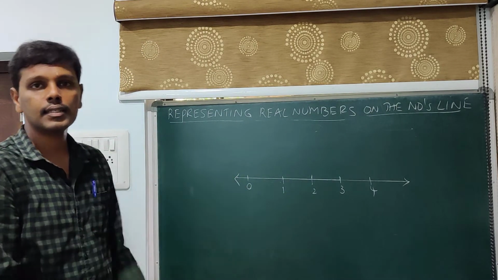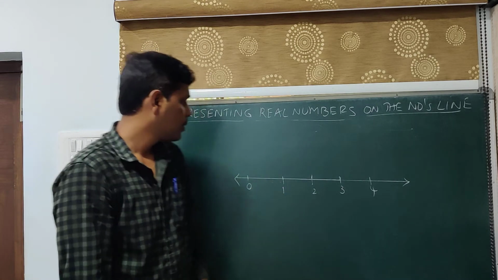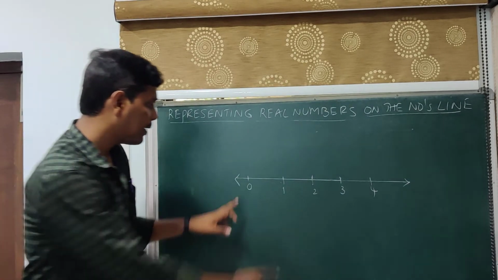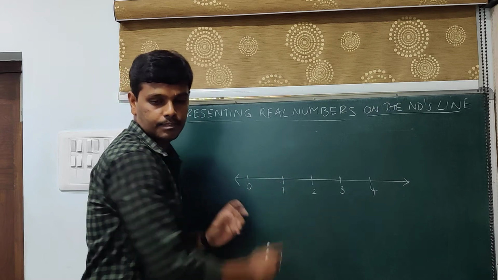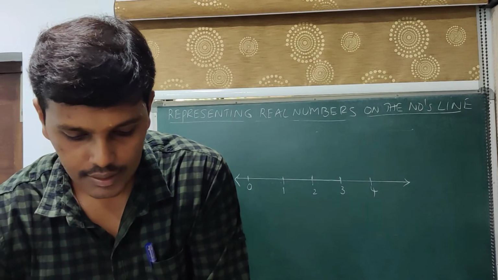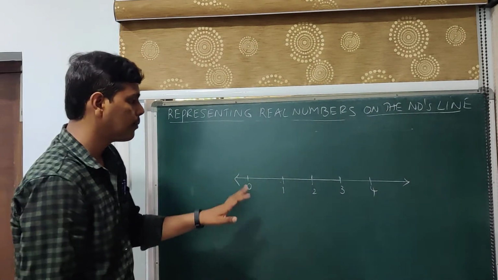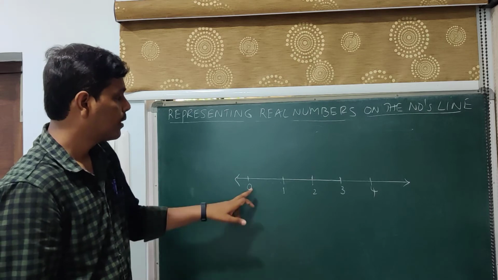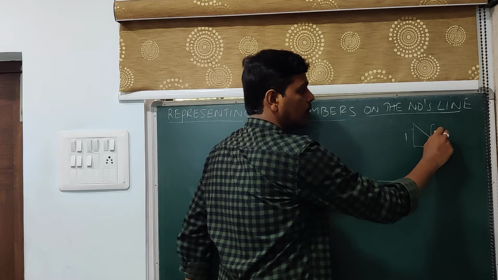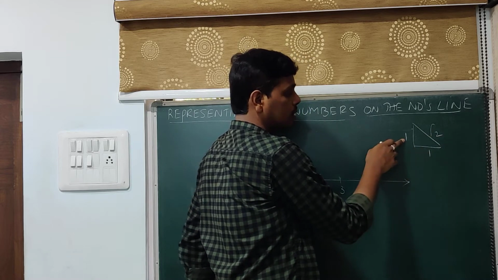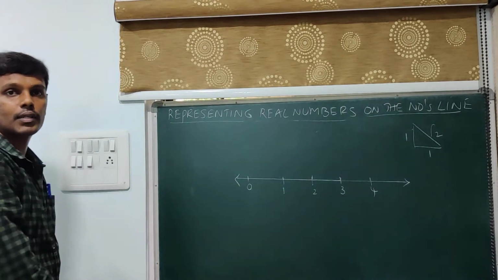That is, I am trying to construct a right angle triangle with sides 1 and 1 apart from the hypotenuse. So I will be constructing the right angle triangle at this point. Now I will take this as base, which is already 1 unit. Now right angle triangle is a triangle where one angle is 90 degrees. So I am trying to construct a right angle triangle here. So as already we have discussed, 1, 1, root 2, that is one side should be 1, one side should be 1, and automatically the hypotenuse will be root 2 as per the Pythagorean triplet concept.